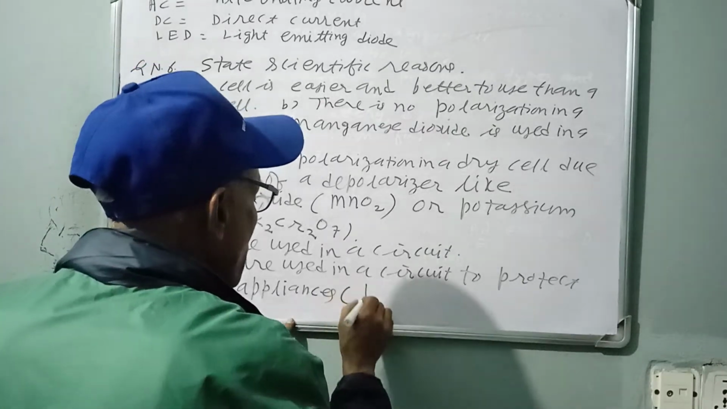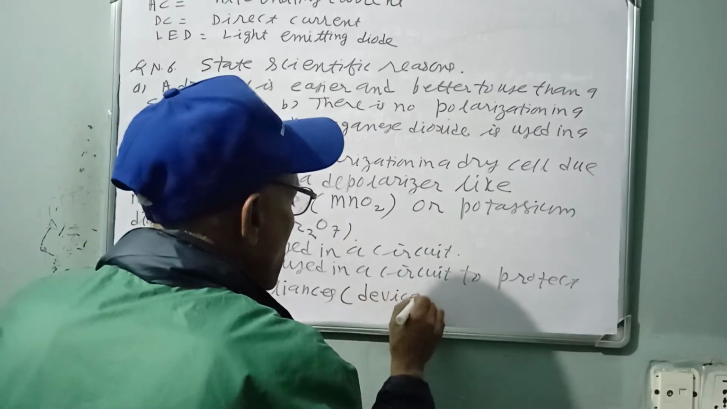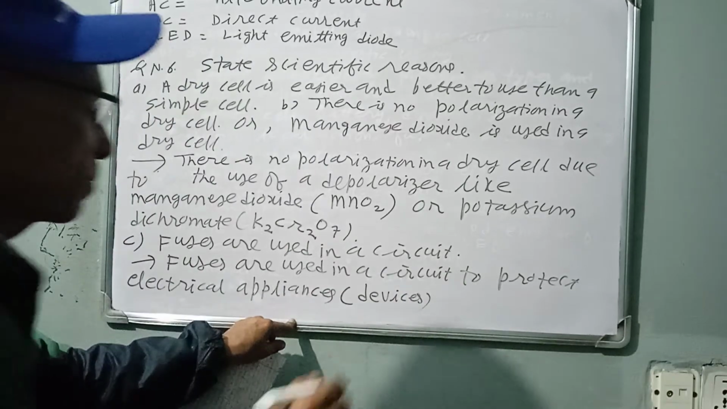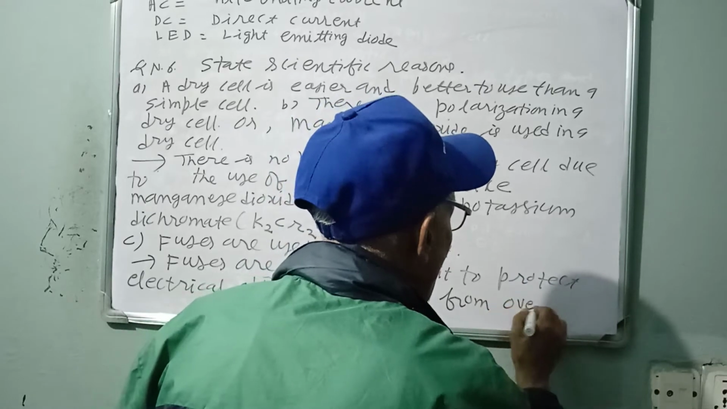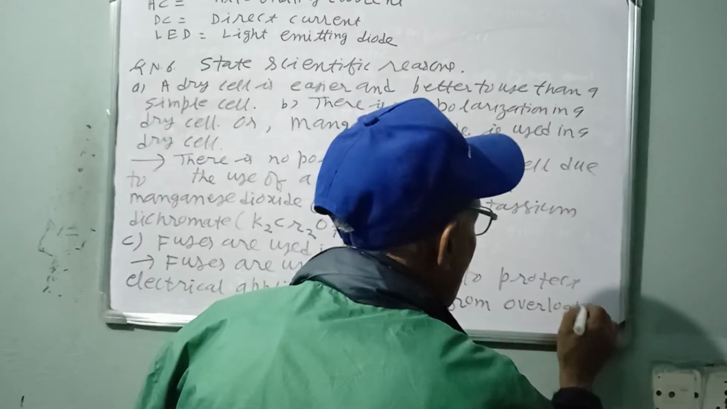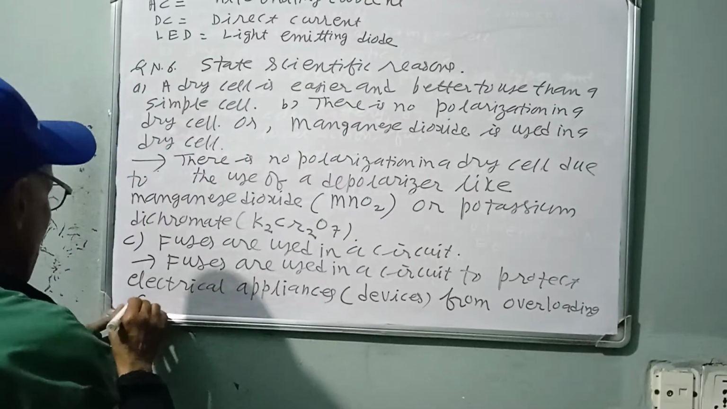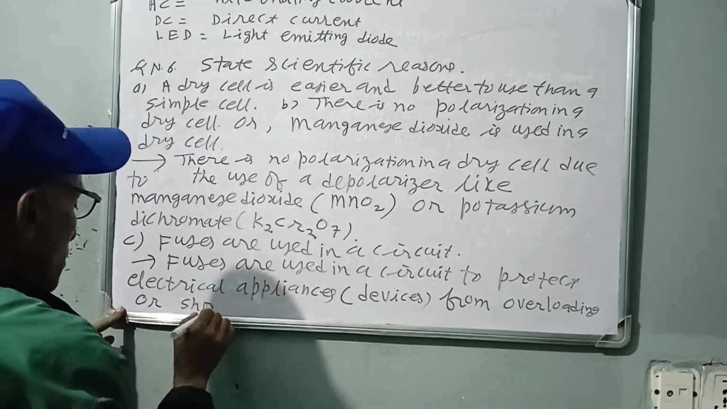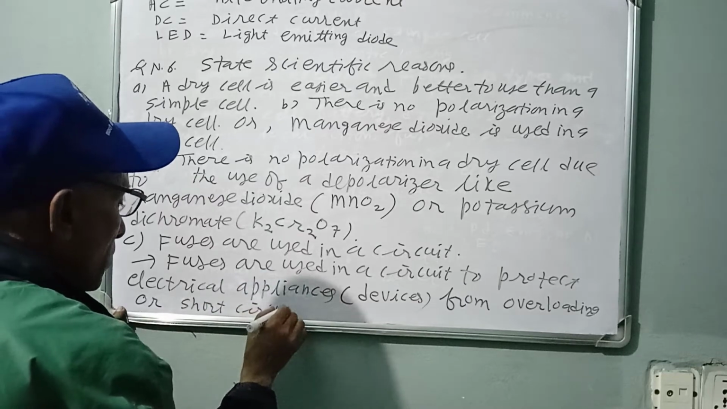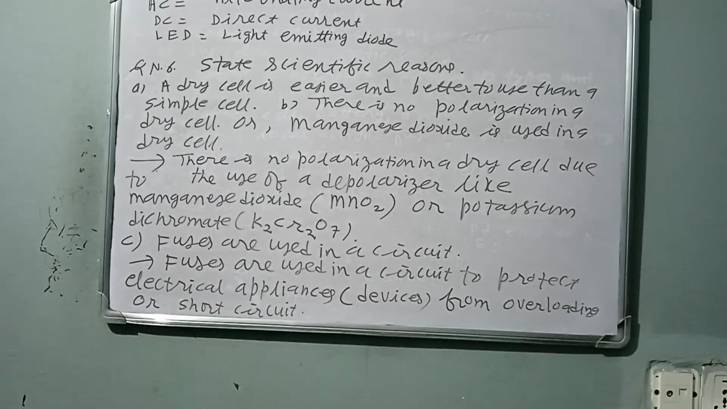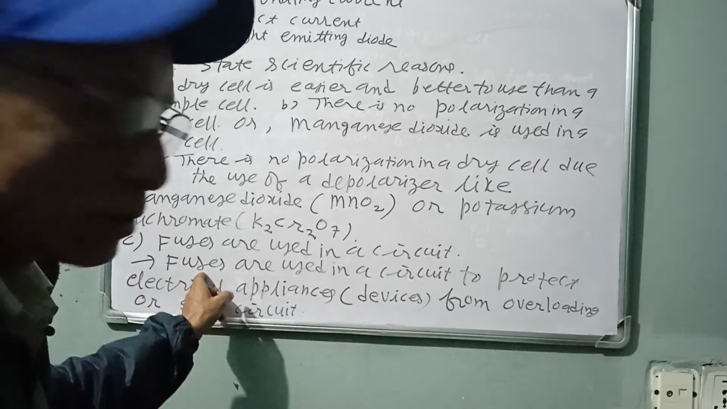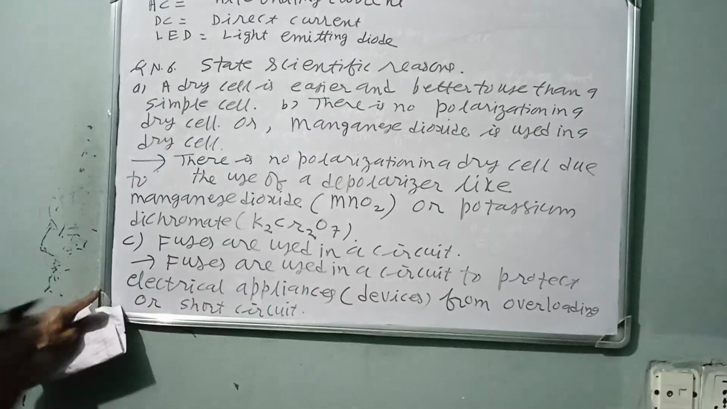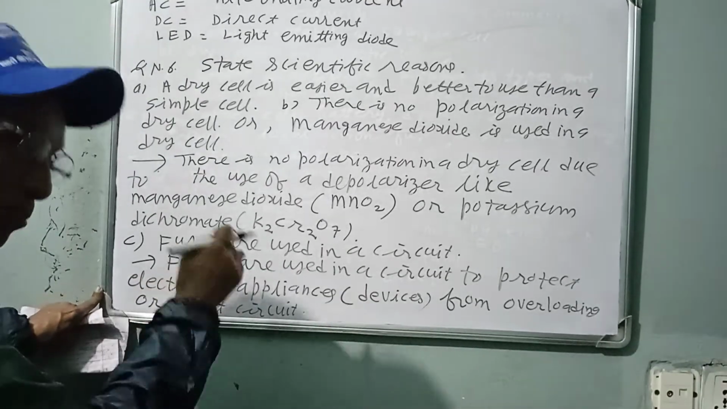Appliances. If you are confused, write devices. To protect electrical appliances from overloading or short circuit. Current comes a lot. Overloading means more current flows, sometimes all of a sudden more current flows. At that time fuses are used. Fuses have low melting point and low resistance. So fuses melt and